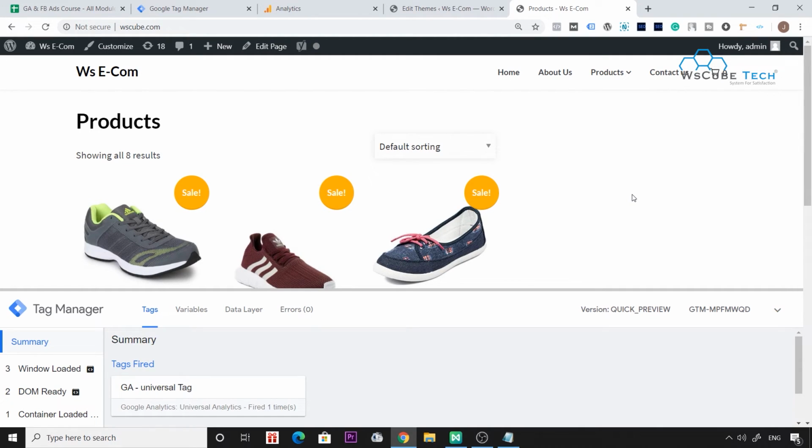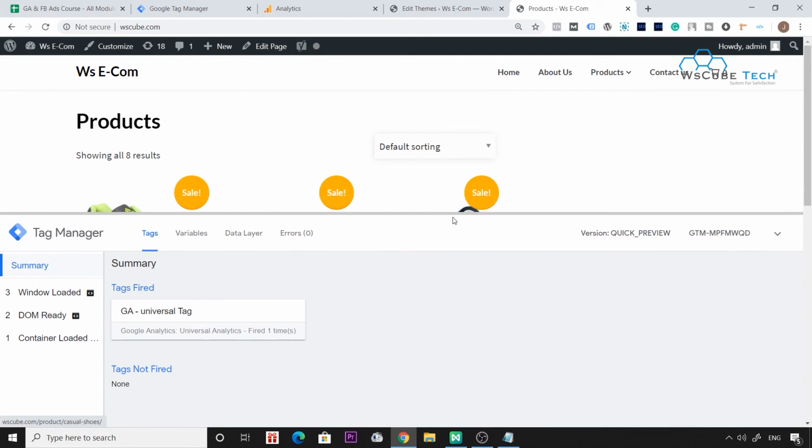Google Tag Manager helps us in installing Google Analytics, and there are so many tags that we can install with the help of Google Tag Manager. But for now, we are using Google Tag Manager to install Google Analytics. Now Google Analytics is installed, and if you come over here, you can also see the tags for Google Analytics, and it is firing on all the pages. Let us check that. Is it firing on all the pages or not?